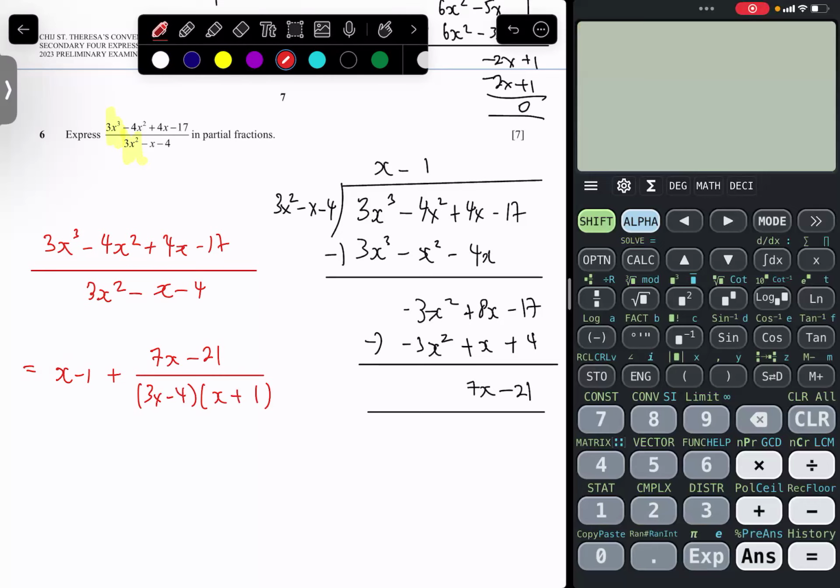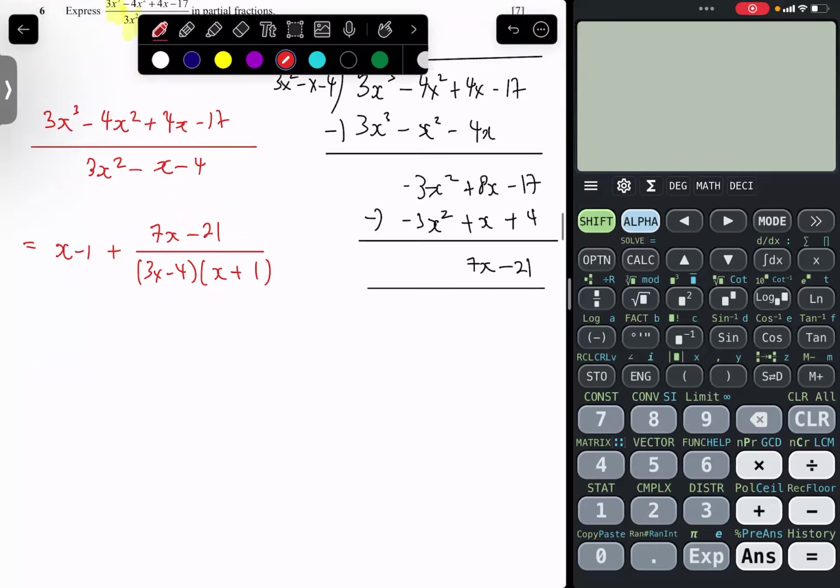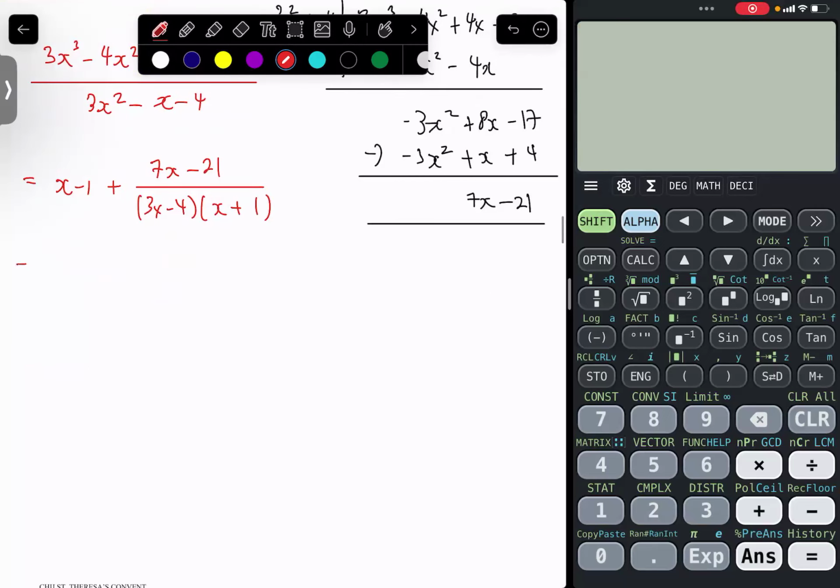So now on the side, I'll do the partial fractions of 7x minus 21 over 3x minus 4, x plus 1